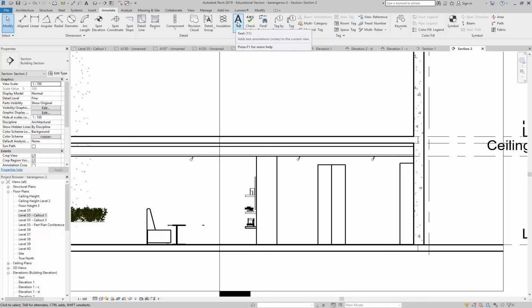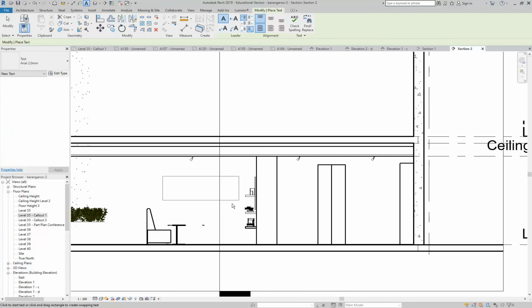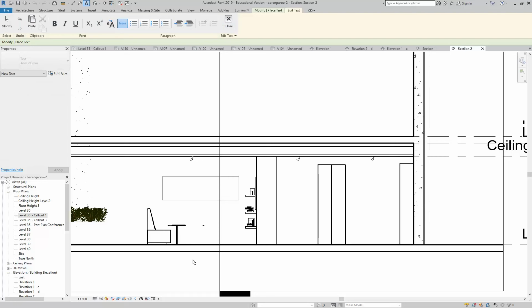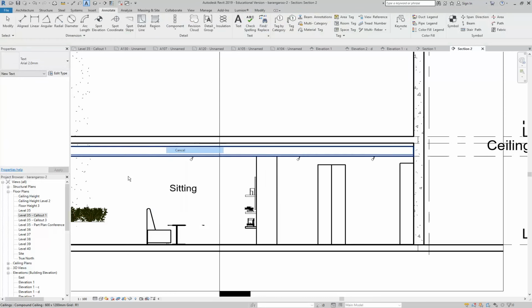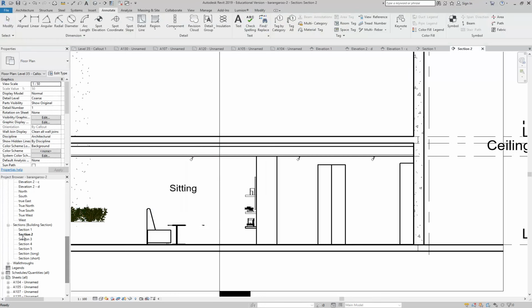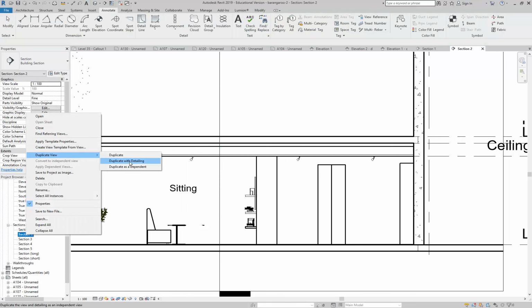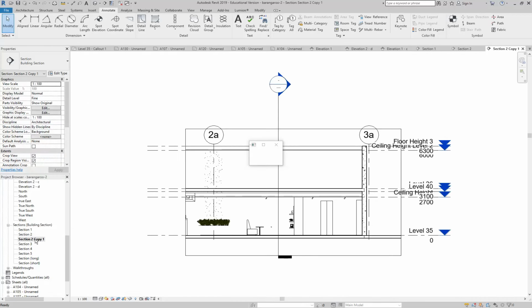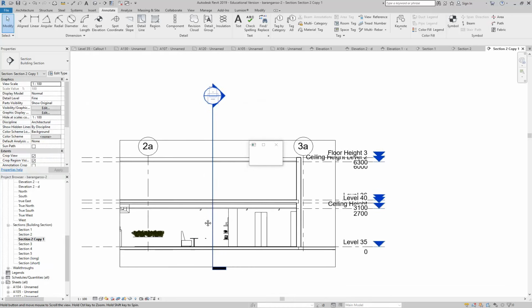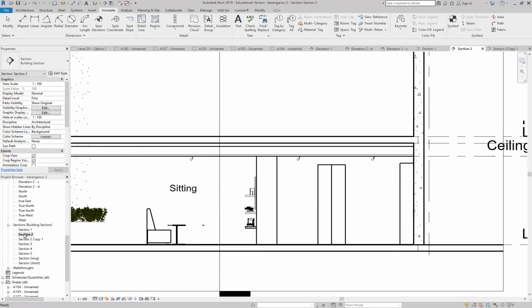So if you create text, and let's just say this is a room label, so it's, I don't know, sitting area or something. And then you can have all of the labels done that way. If I duplicate this view without choosing duplicate as detailing, if I just choose duplicate, I'll just do that again. There we are. So it's copied it without the text to show you that text is just like a 2D